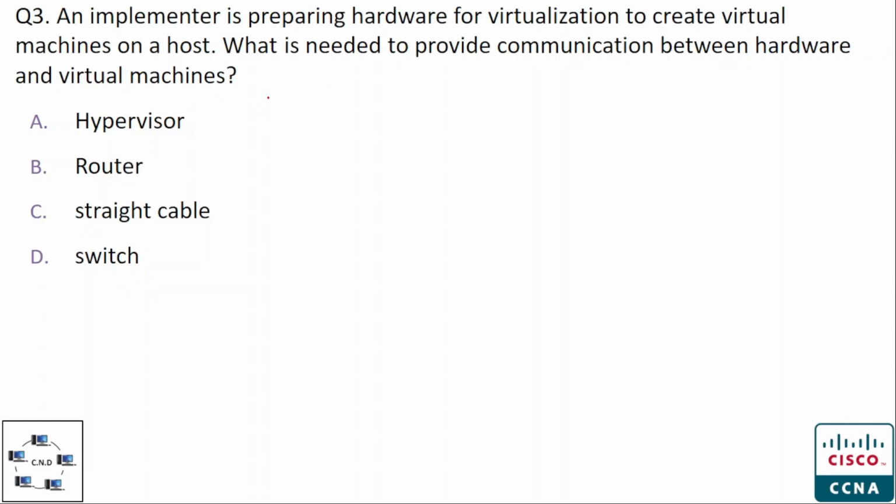Question number three, an implementer is preparing hardware for virtualization to create virtual machines on a host. What is needed to provide communication between hardware and virtual machines? And the options are option A, hypervisor, option B, router, option C, straight cable, and option D, switch. And the correct option is